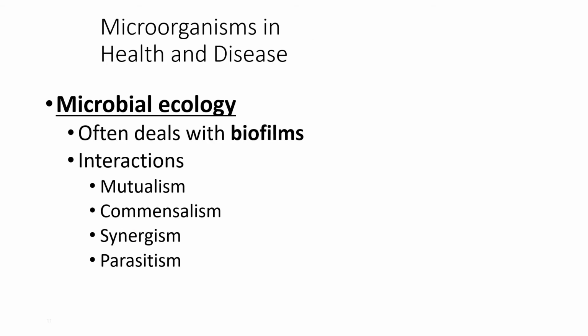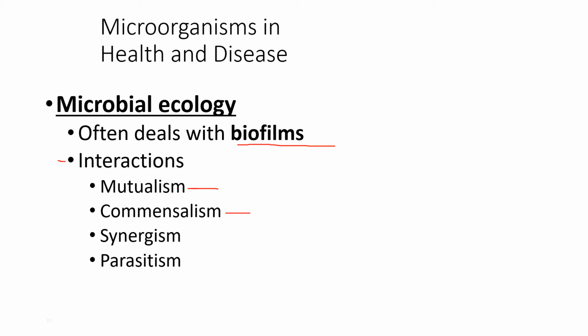Microorganisms in health and disease. This will be covered in a lot more detail later, but often deals with biofilms, and I have a slide or two over, I hope, on biofilms. But organisms interact with each other. We have mutualism. They may interact where they both benefit. Like, I have a dog. The dog enjoys the food I give it every day and the dry place to sleep. I enjoy having the dog guard my house and let me know if criminals come in. The dog weighs 15 pounds and has no teeth, but she still will let me know when people come in. She's a very old dog.